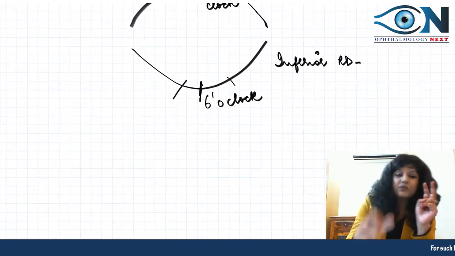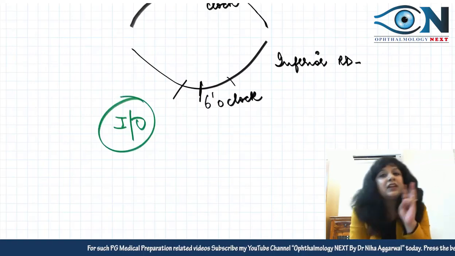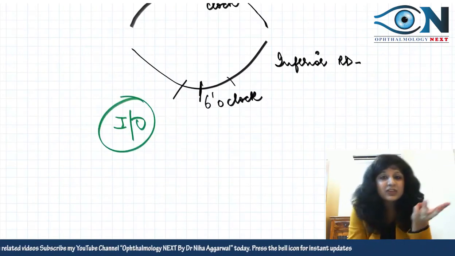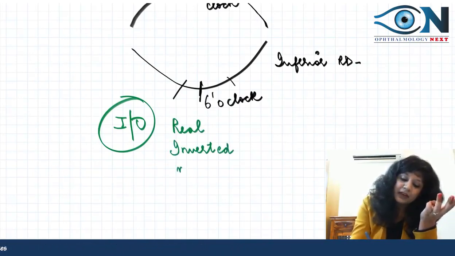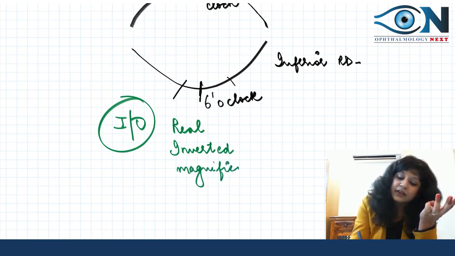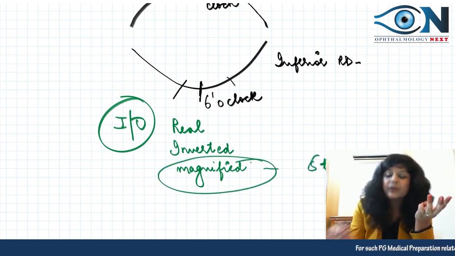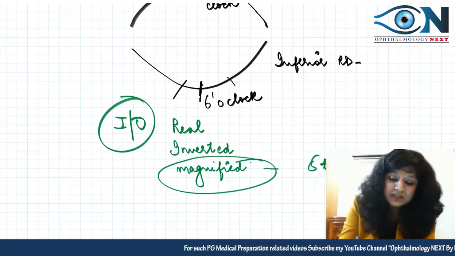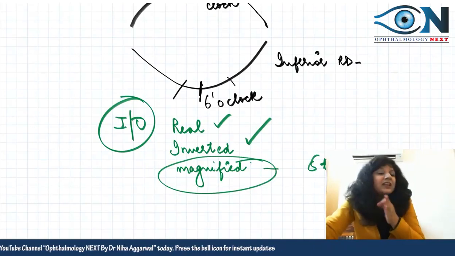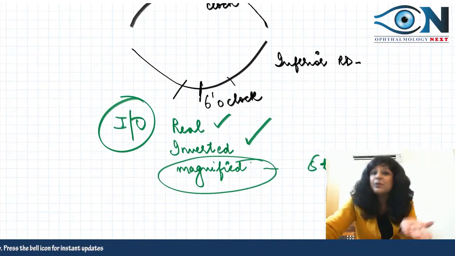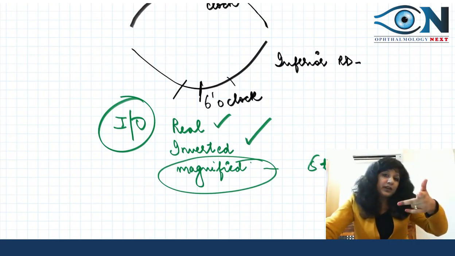Third important thing, when you search for this tear, we actually do indirect ophthalmoscopy. Now in indirect ophthalmoscopy, what type of image is formed? It is real, inverted, and magnified. Magnification is very, very low here, about 5 times, but I'm not concerned about this at the moment. I'm concerned that this image is real and inverted. Because this image is real and inverted, we tend to get confused. There is a high possibility that you see the tear in exactly the opposite quadrant to where it is present.